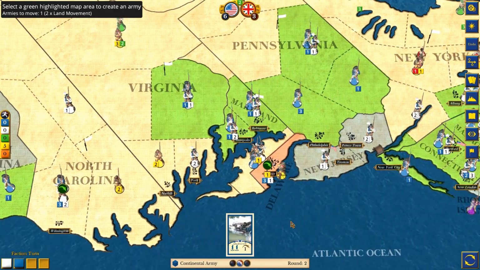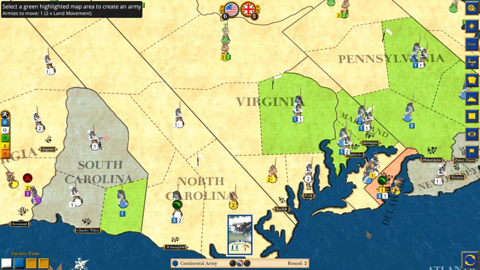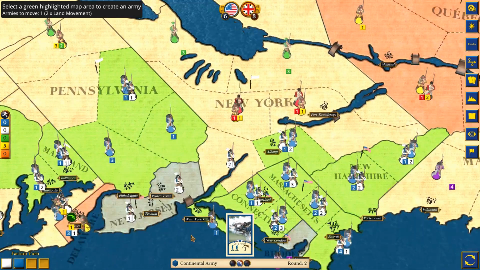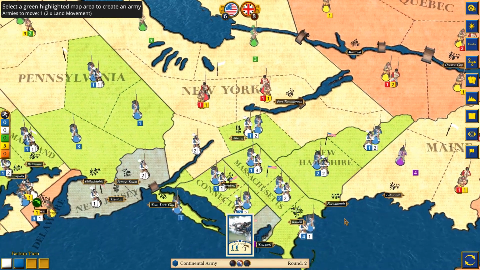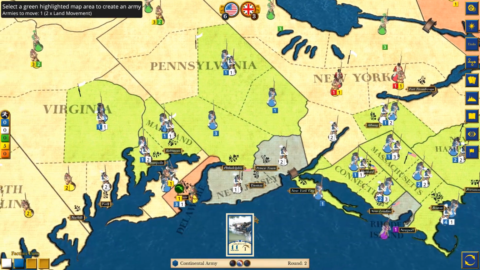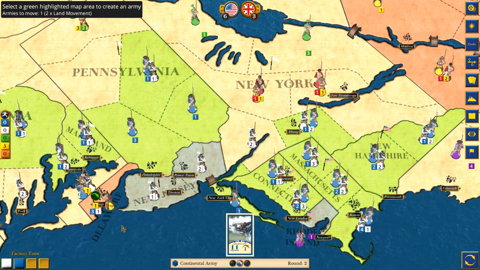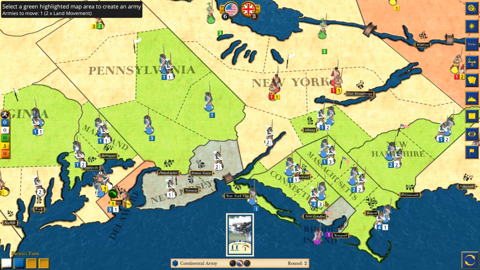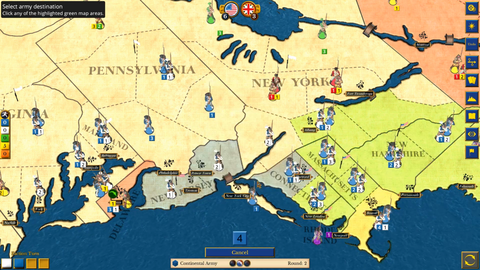And now we got everything moving into North Carolina. That's interesting. I think in this game you're going to have to just move to take territory, even if you don't really want to. We got our buffer of French there. So what was the other spot I wanted to take? All right. Yes. Let's move up from New York